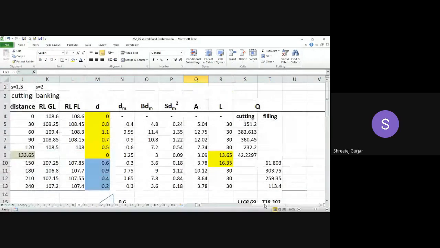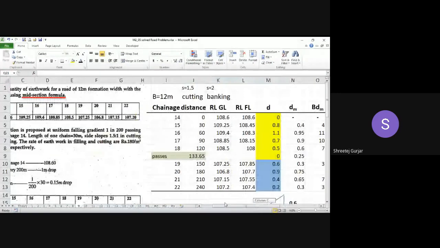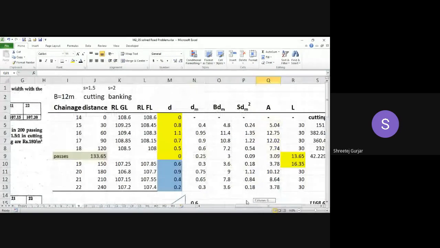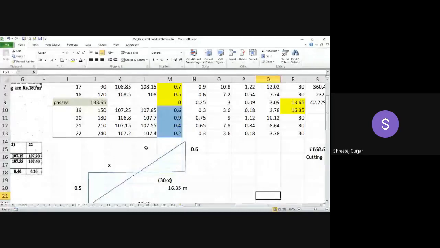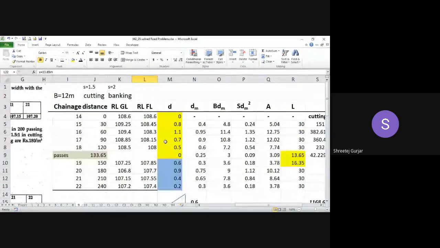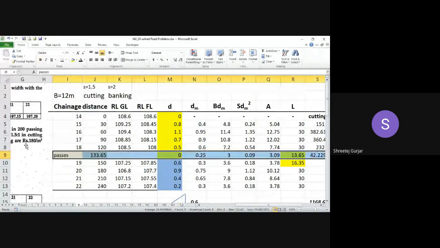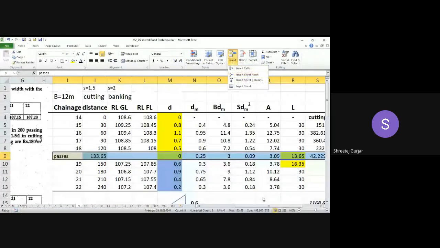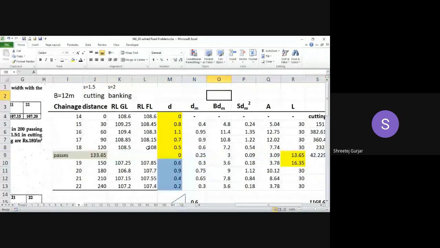Okay, so the main thing here is calculating your x value, before you prepare your table. Calculate your x and then prepare this table. Because I am solving it on the computer, I can just add a cell. I can insert a row and add. But in your book you cannot do this. So you have to be careful while solving.